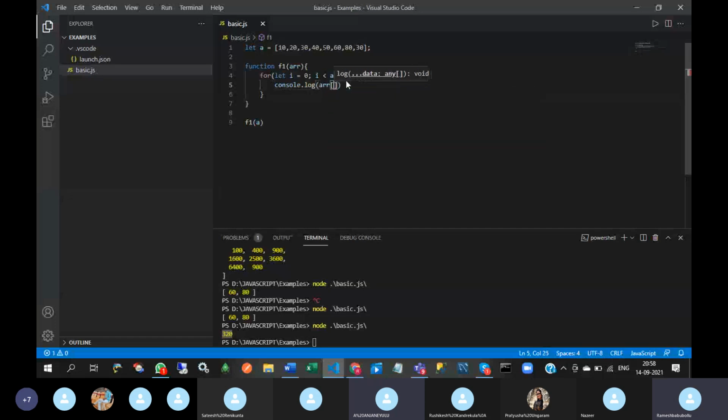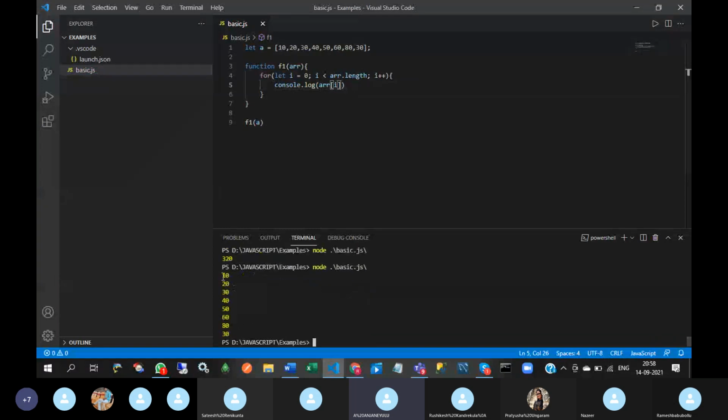ARR of I. 10, 20, 30, 40, 50, 60, 80, 30. Okay. Here I am passing this array to that function.